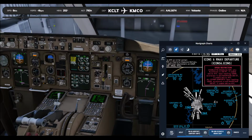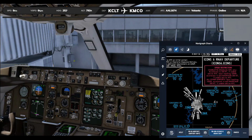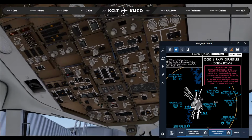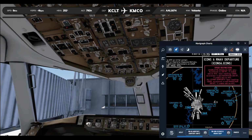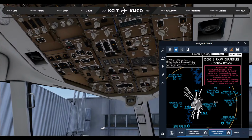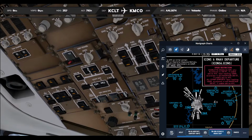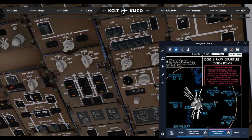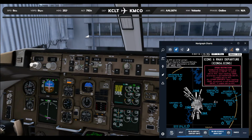Let's go ahead and run a pre-flight checklist, and we'll go from there. So I've got my company's pre-flight checklist here, so I'm just going to do that really quick. Pre-flight checklist: interior and exterior inspections have been completed, circuit breakers have been checked, takeoff warning has been checked, forward quarter has been checked, as well as not simulated on here, so it is what it is. Fuel panel is set, passenger signs are on, pressurization panel is set, equipment cooling panel is set, mode control panel is,